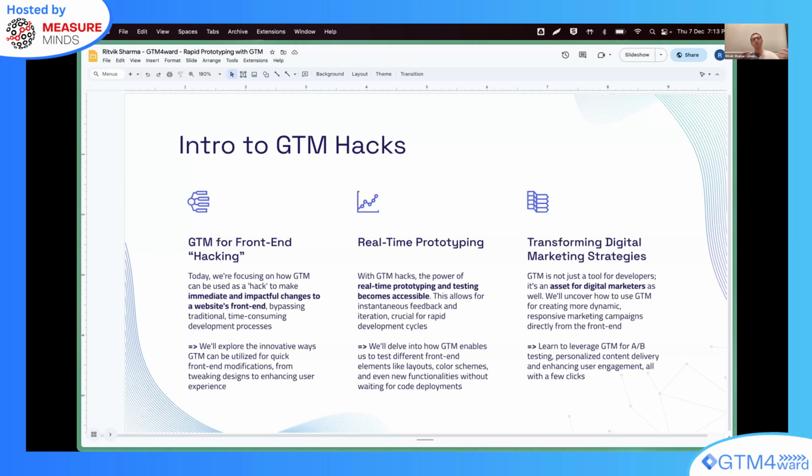And eventually you can even enable an experimentation-based approach to these hacks so that you can test and learn what works for your brand before you even have to go through the complete code deployment release cycle for your website changes.